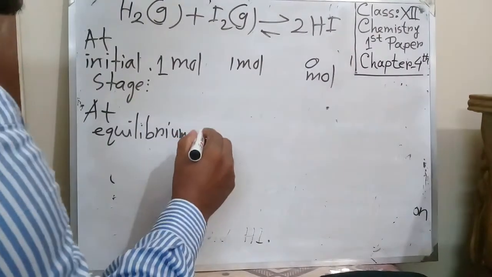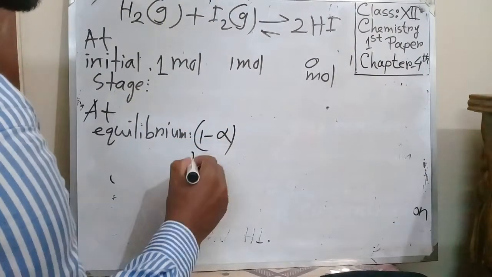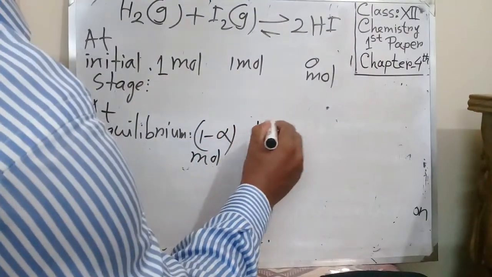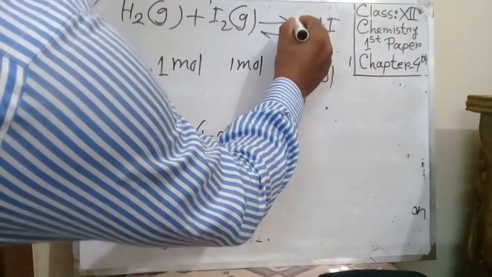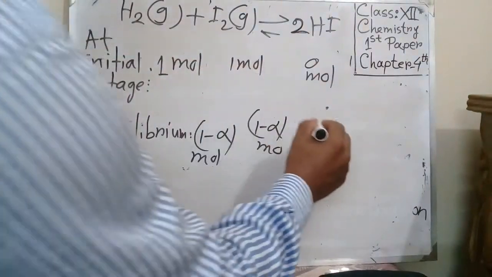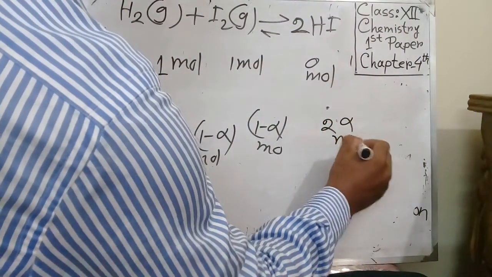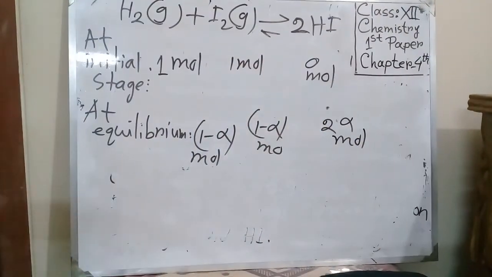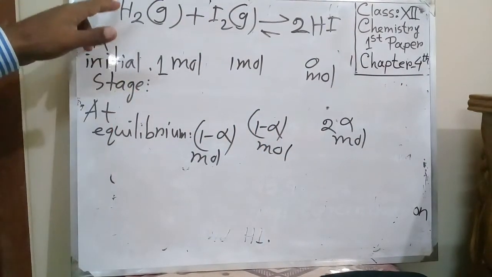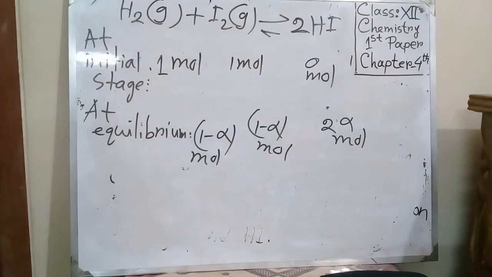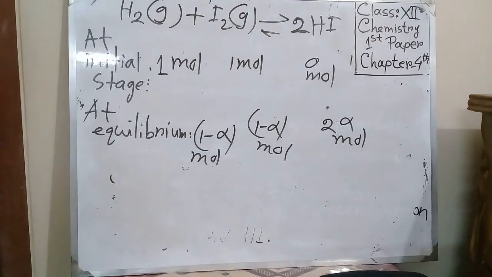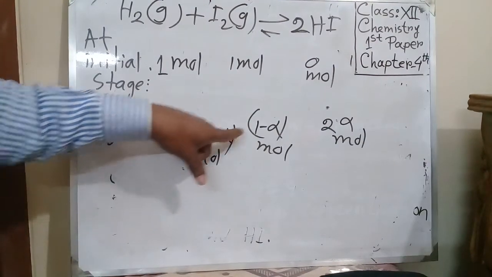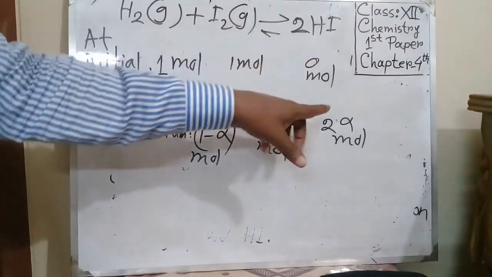So we can write 1 minus alpha mole and 1 minus alpha mole, and we can get 2 moles here, so 2 alpha mole. So alpha mole of hydrogen and alpha mole of iodine were converted into hydrogen iodide. This is the left mole, 1 minus alpha, 1 minus alpha, and 2 alpha we can get